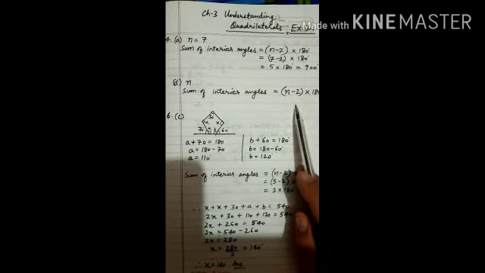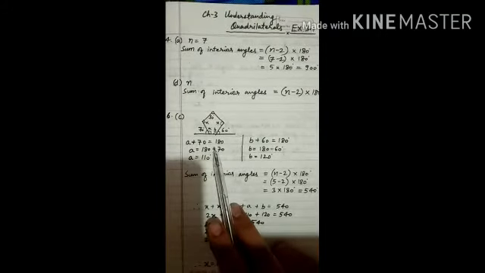Now there is a pentagon given in question number 6 C part. A regular pentagon is given in which two of its exterior angles are given on the same straight line, 70 degree and 60 degree. Two interior angles are given equal. There is one more interior angle, 30 degree. We have to find the value of x.